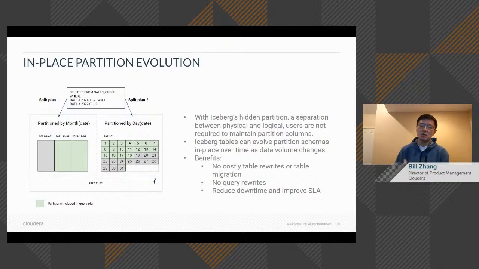So this is essentially another example of really giving you the separation between the physical and the logical. This concept is making the Iceberg table very versatile and very user friendly as well, right? So some of the things that I want to say is that now in this example,